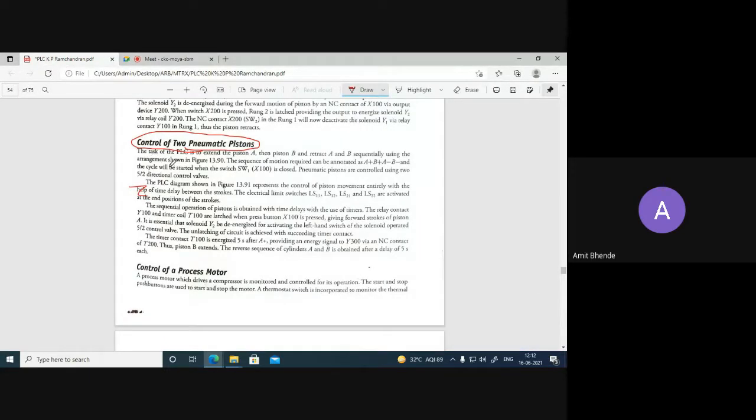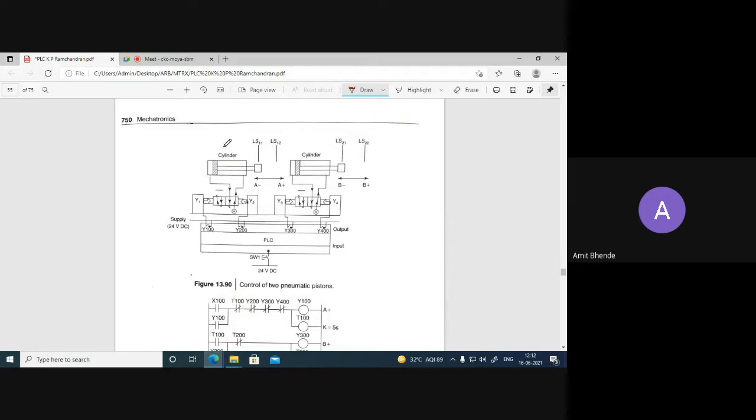So here you can see the task of the PLC is to extend piston A, then piston B, and retract A and B sequentially using the arrangement shown in the figure. Okay. So here you can see this is the figure.